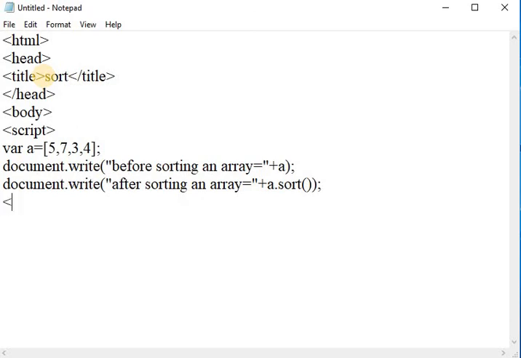Okay, close the script, close the body tag, close the HTML.